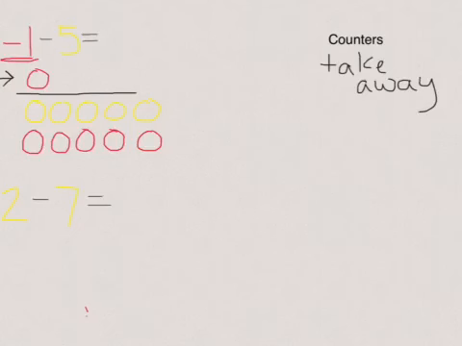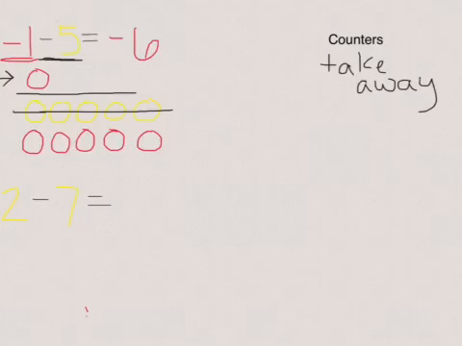But now I can go ahead and do what the problem tells me to do. So the problem says to take away 5 positives, and so we'll start. There's 1, 2, 3, 4, and 5. And so when I take those away, now our number changes, and what we can see is that we're going to be left with